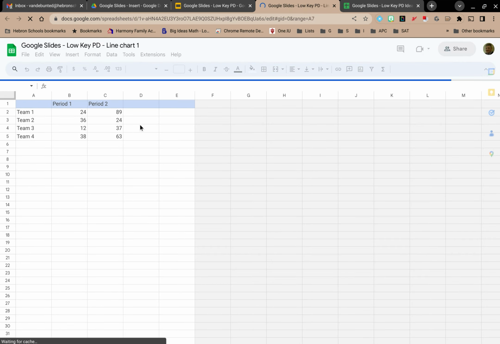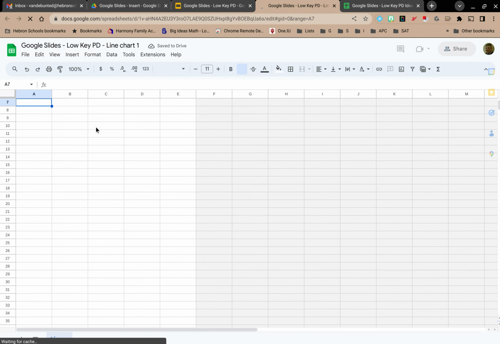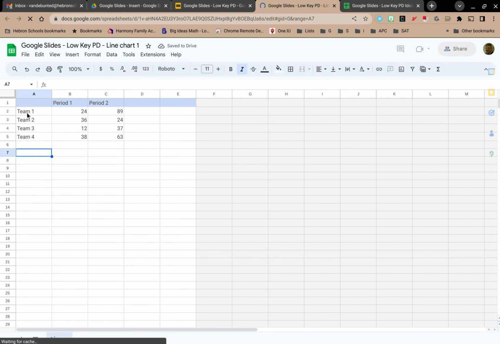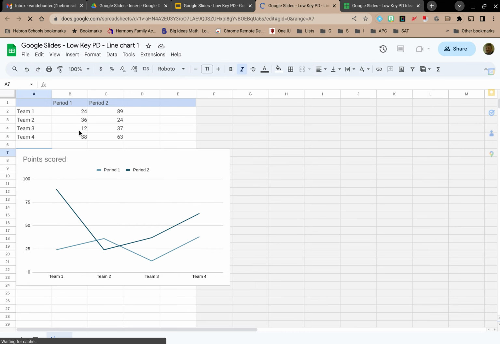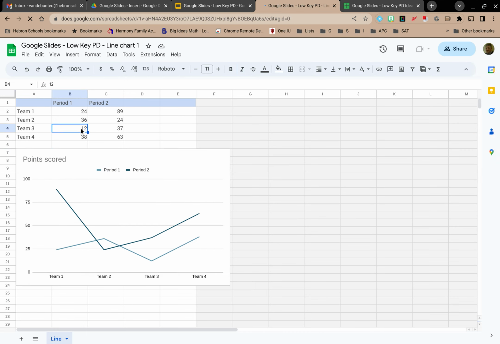So one of the things I can do is, well, I want to update that data. I can update the names here if I want to. I can change that to people's names or whatever. But what else I can do is I can just change this value to 40. And notice that this chart updated so that Team 3 has a value of 40